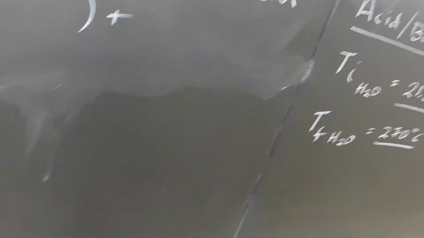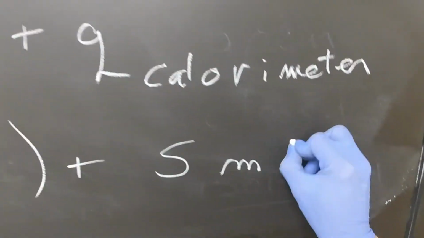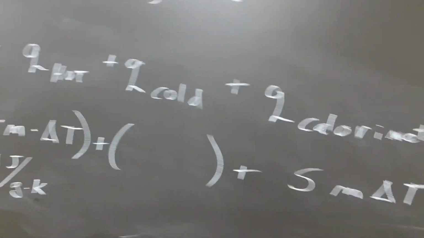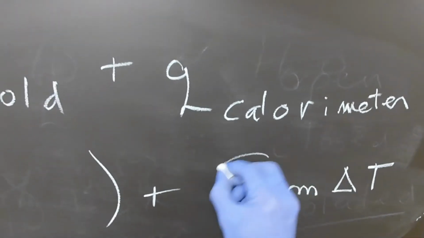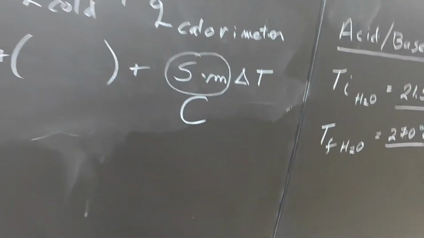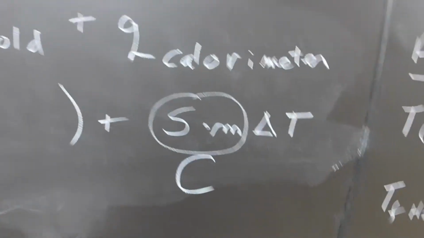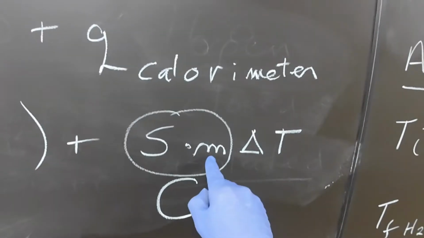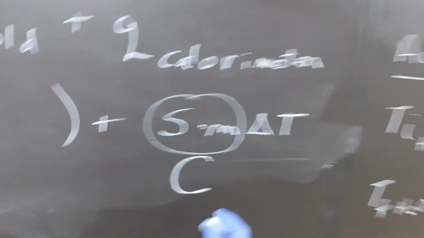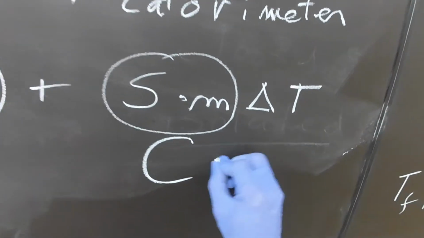But the calorimeter is slightly different than that. We can't write this for the calorimeter because we don't know what the specific heat of the calorimeter is. So what we do is we combine these two terms, and they're equal to a big C. That's the calorimeter constant. And that's why once you build your calorimeter, you cannot change it. Because if you change it, you change the mass and maybe even the specific heat of one of the components. So once you determine this constant, it's good only for that calorimeter. Right? So now it's C, the calorimeter constant,